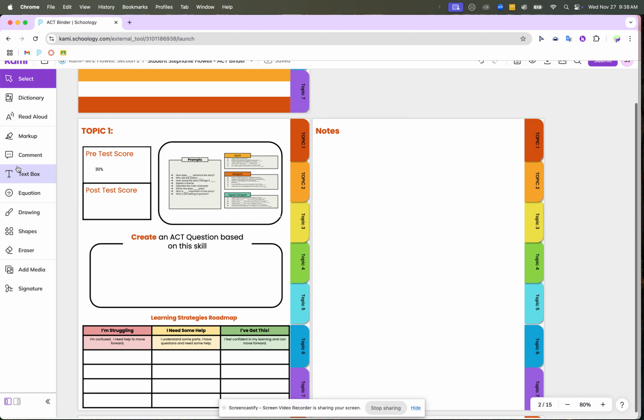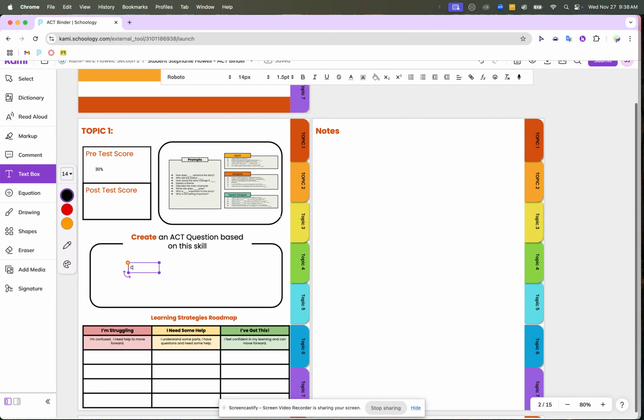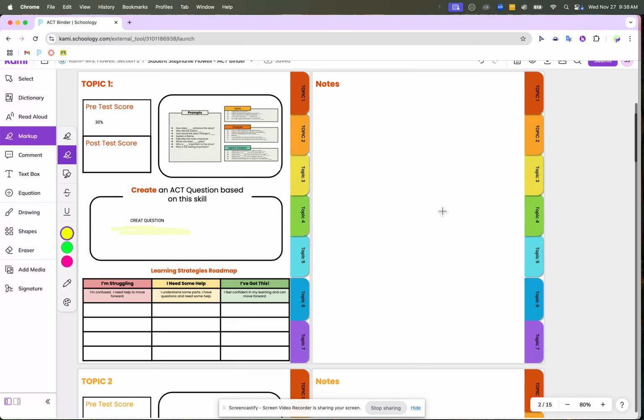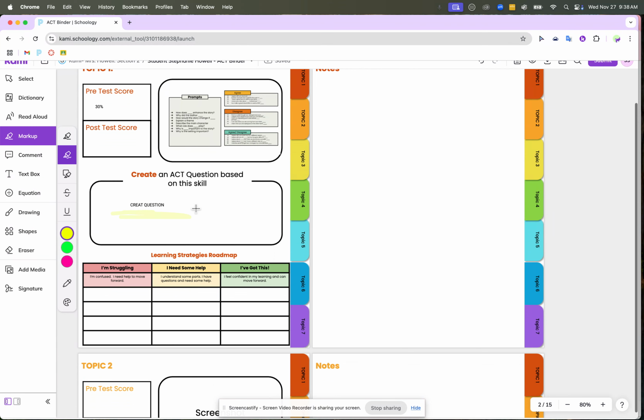They can come in here and use the text box to create a question. They can then maybe even use the markup tool to highlight their correct answer. You could even have the passage over here on the side for them that they have to use to create that question. Over here, after the students observe and see their pretest score and look over their results,